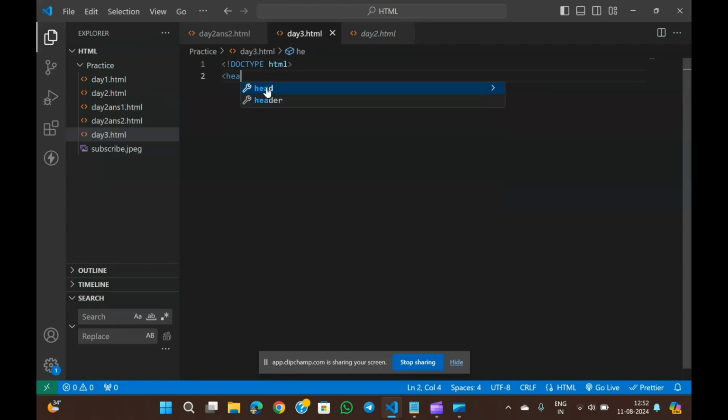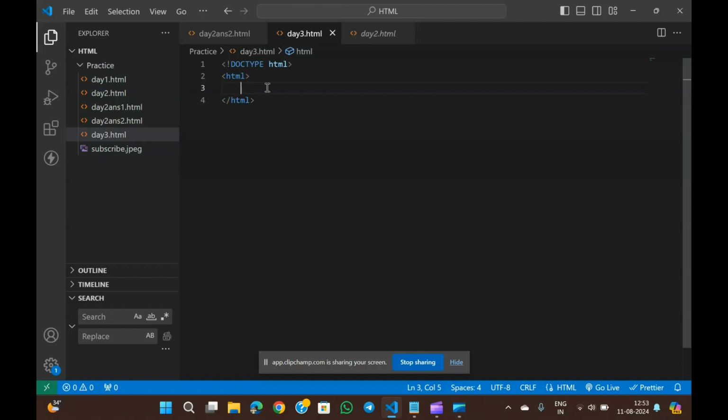Just type everything. First, we have to use the HTML tag to start any HTML document.